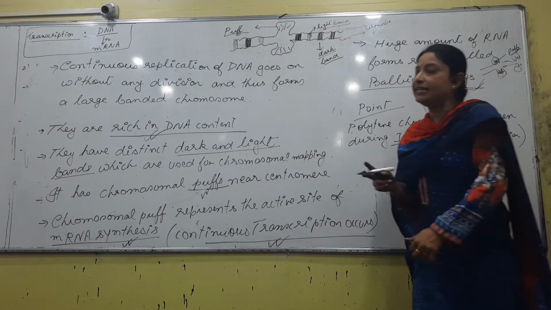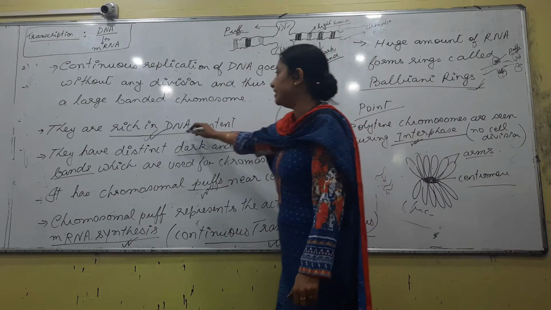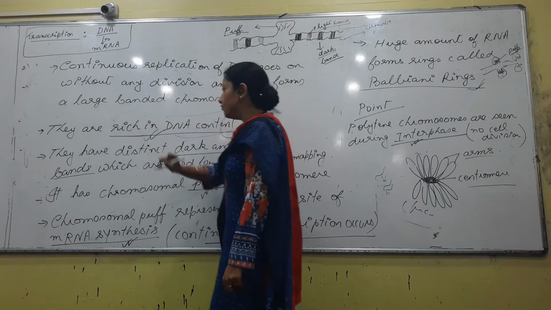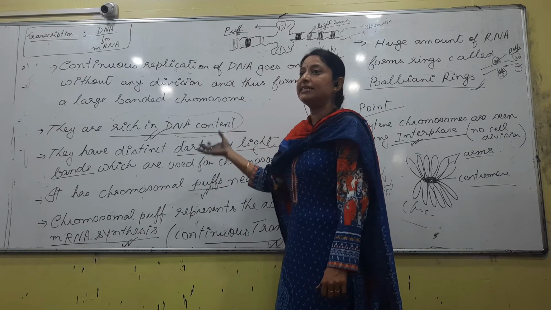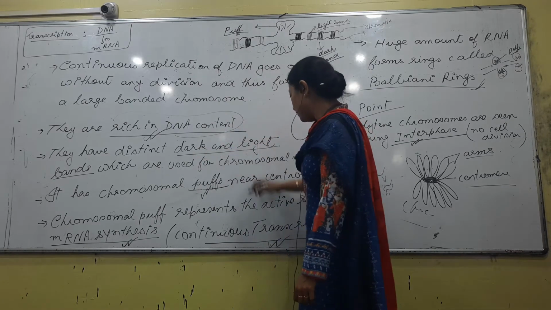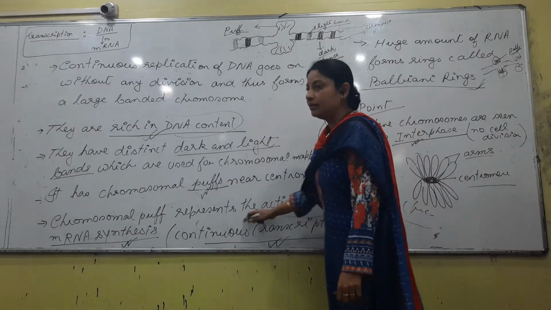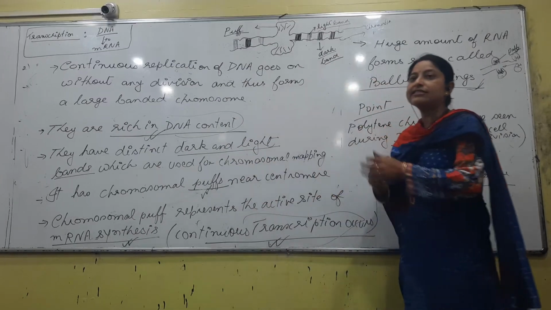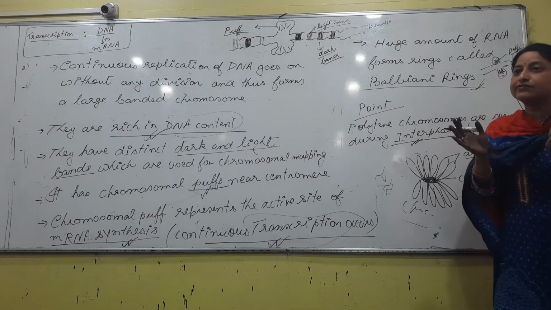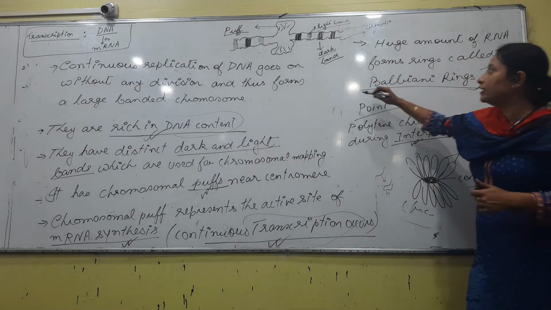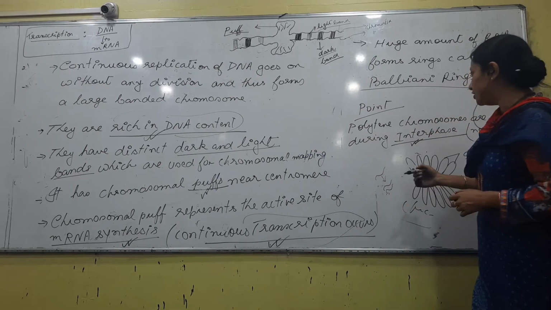Third, if it has many arms, it is very, very rich in DNA, right? Fourth, if it is rich in DNA, then there will be more RNA synthesis. So obviously the transcription process will keep on occurring. If transcription is high, accumulation of substances will lead to the formation of puff